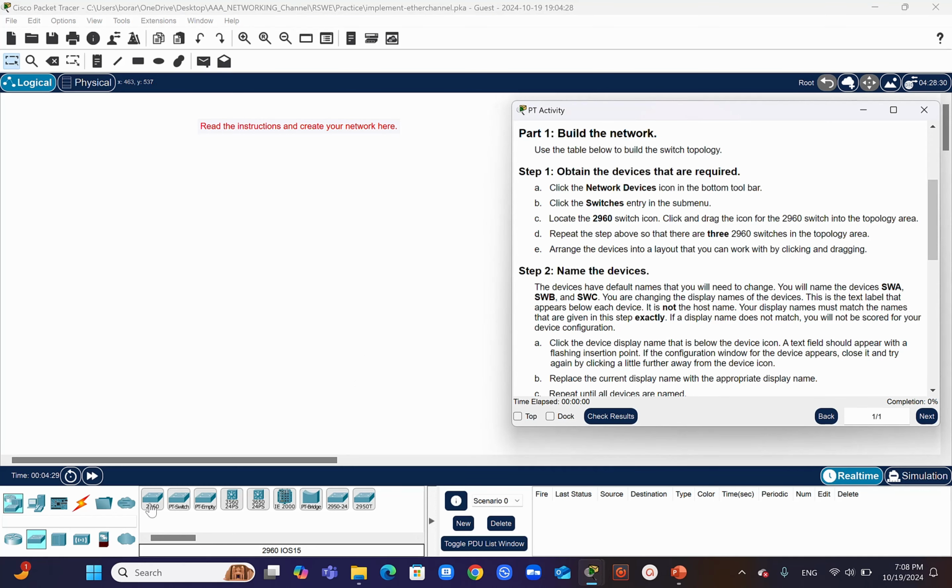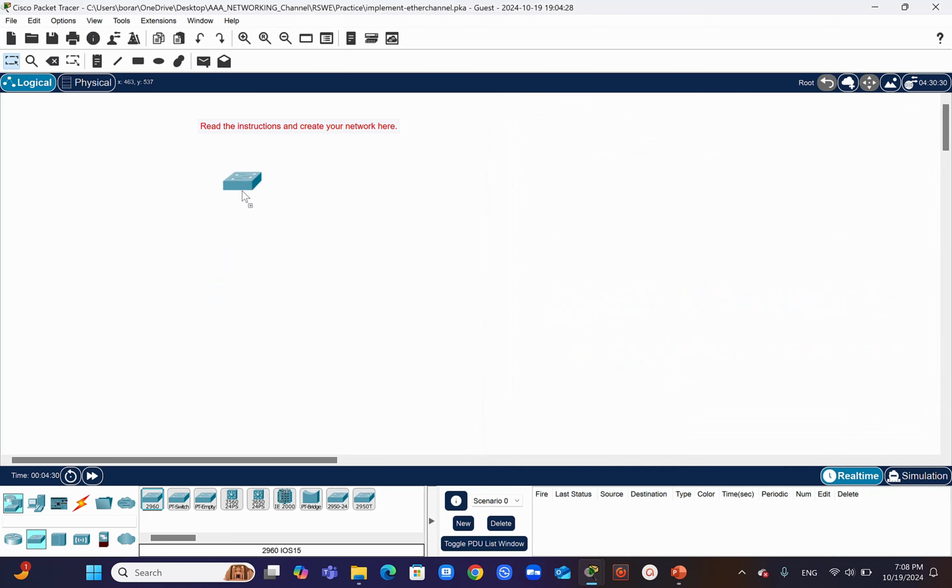So we go to this icon and we drag and drop 3 switches into the workspace so we can create our network. After we did this, let's name those switches just by clicking here: Switch A, switch B, and